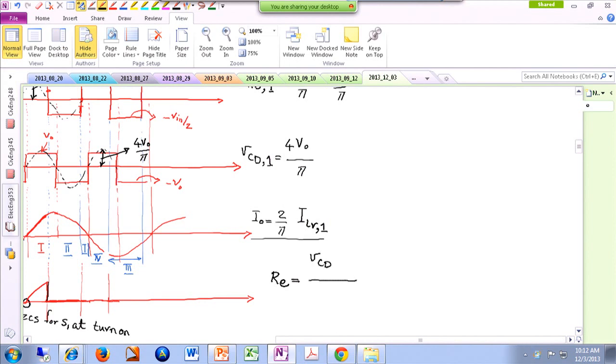Look at VCD, just the fundamental harmonic, and look at ILR, just the fundamental harmonic. All right? So I already wrote this. VCD in terms of fundamental harmonic amplitude is 4V out over pi. ILR using this equation is pi over 2I out. So I'm looking at